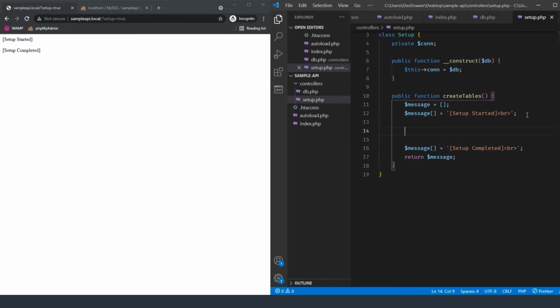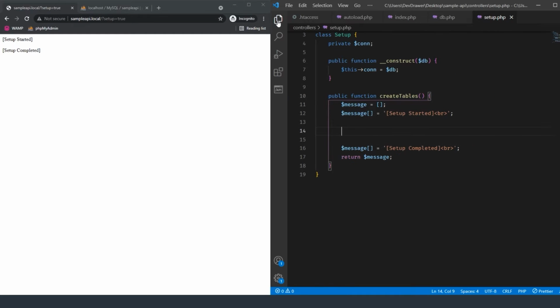Okay, so let's add some spacing there, and I'm going to be in this file for a little bit. So we're going to be using PDO to create our statements here. So what I want to do is create a query, and that query is just going to be a simple create instance. So create table if not exists,